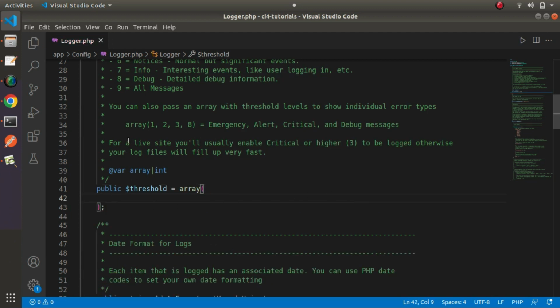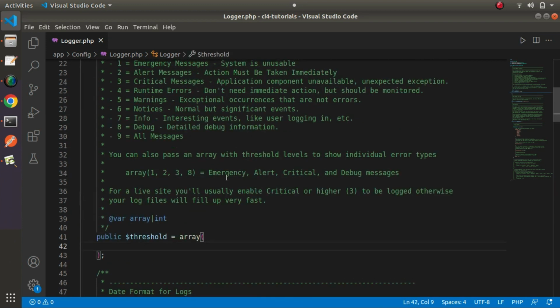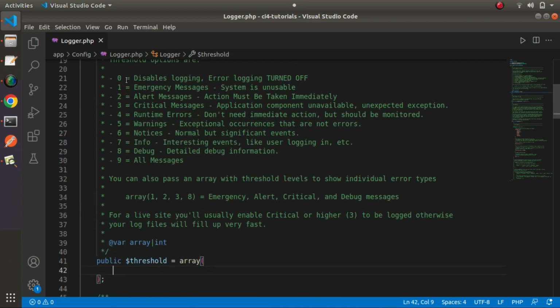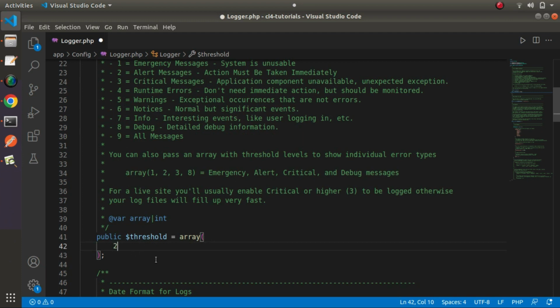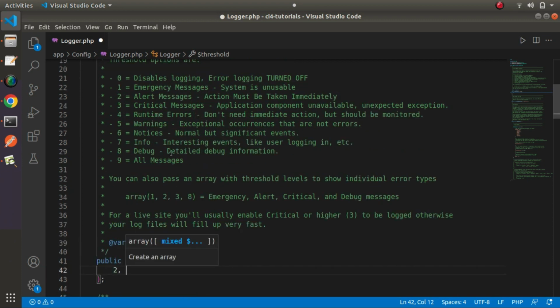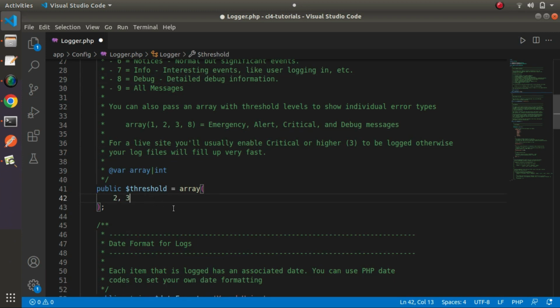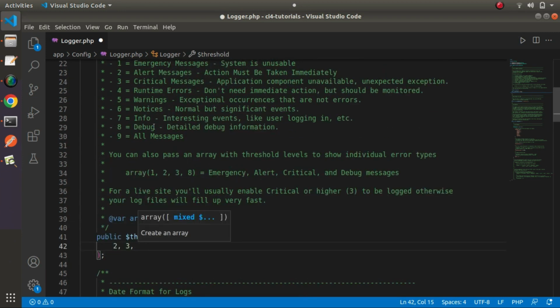Inside this array, look here, an example is also available. In this array, we can pass all our log level values. For example, if we want to set alert messages, 2 will be passed, comma. Then if we want to log, let's say, critical messages, the log value equals 3. In case of some runtime errors, or let's say 5, 6 and 7. So if I pass